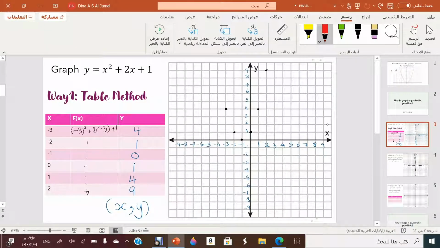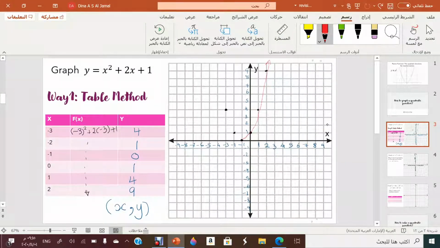Of course, in your notebook, it will be much easier than doing it on my laptop using this pen. So I will try my best to make it accurate for you. You must connect all the points together with one smooth line. After this, go to the other one and connect it there. Now, after using the table method,